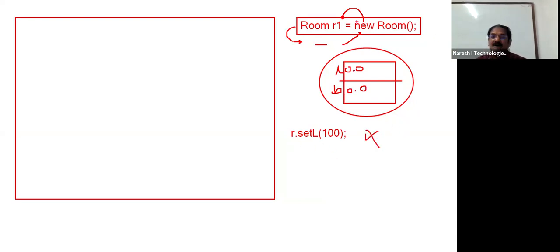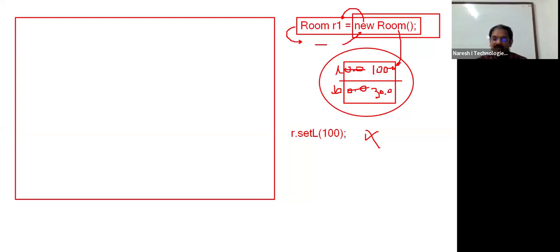At the time of object creation only, the values 0.0, 0.0 must be replaced with what values? 100.0 and 30.0. Are you following my point? At the time of object creation only, values have to be stored in this object. Then how is it possible? What should I do for this? That is where a new concept comes into the picture called